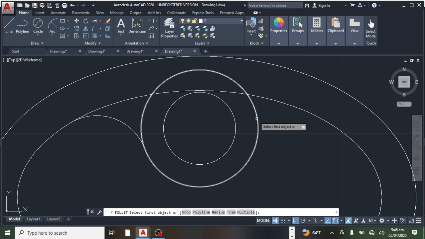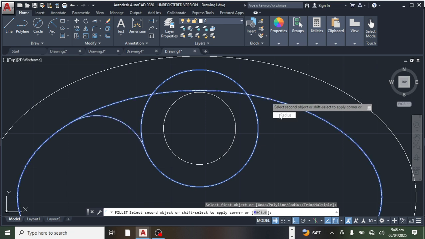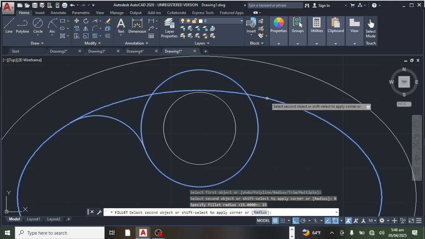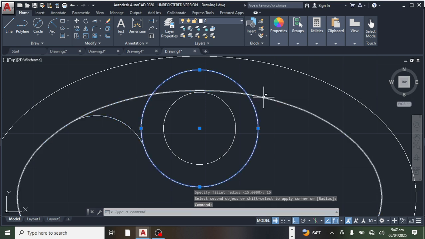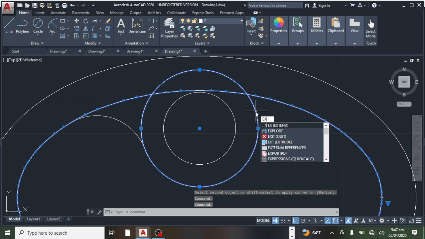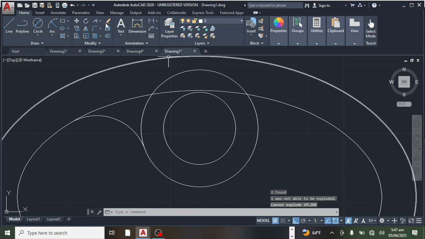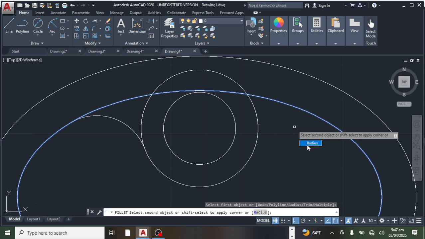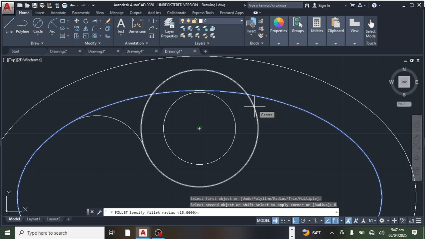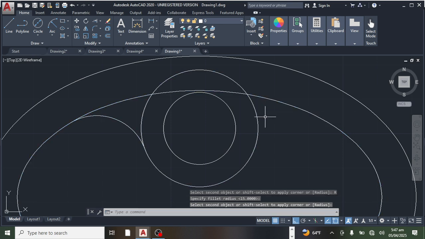Fillet. This one. Fifteen. Explode. Fillet. Enter. Radius 15. Okay, if we use a different method, but